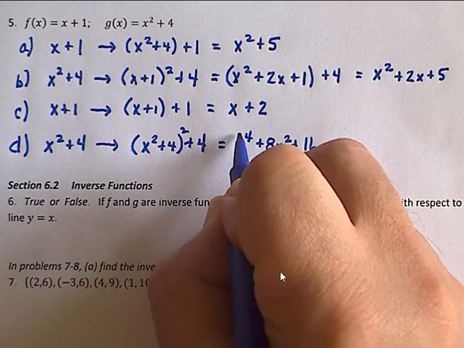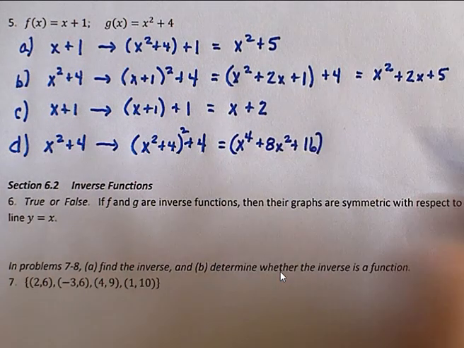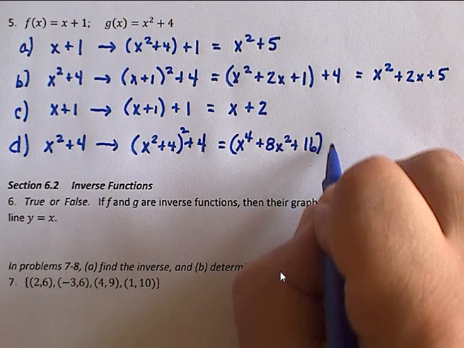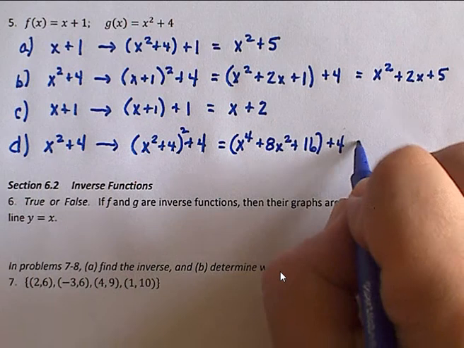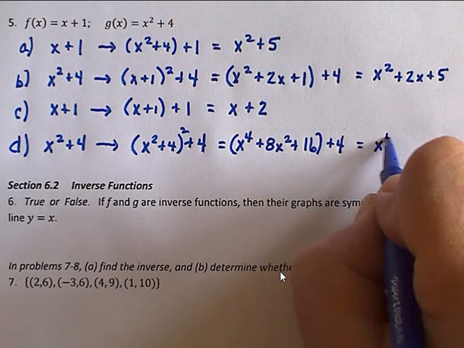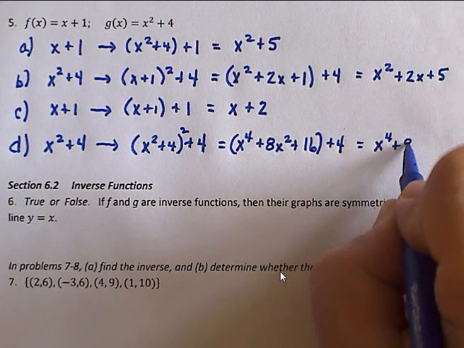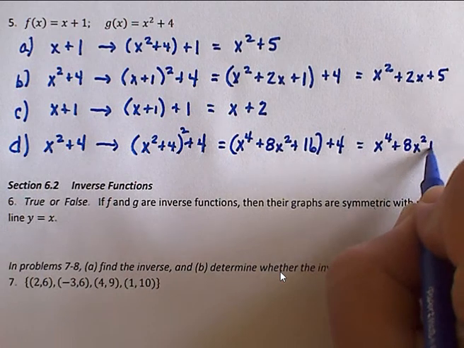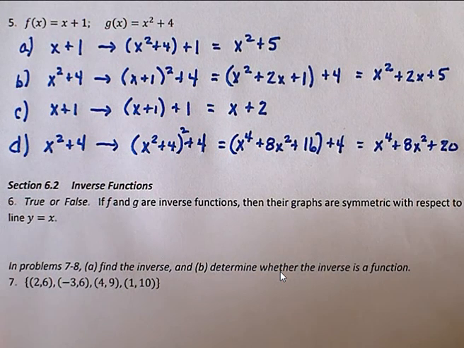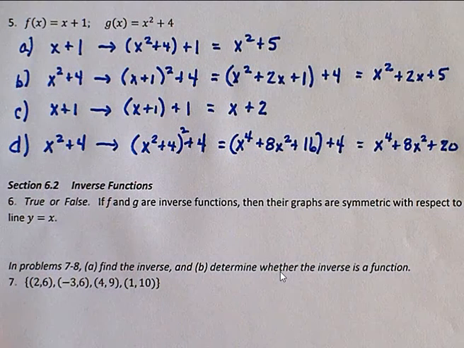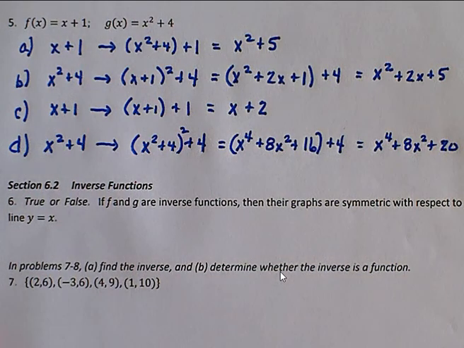That's from just the FOILing. Now take that plus 4 and add it in. Okay. So again, the ones that require squaring definitely have those extra steps that make them a little bit